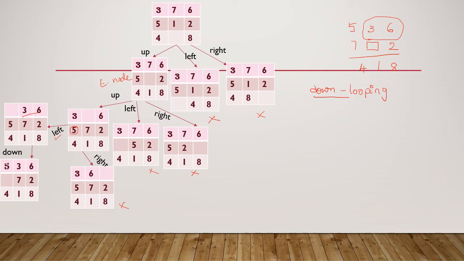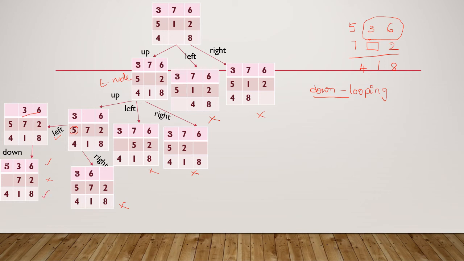Now let us once again compare this with the goal state. In the goal state, the first row is 5, 3, 6. Yes, it is matching. The second row is 7 in the first place, followed by an empty slot, followed by a 2. So this is not matching. This should be solved further. The third row is matching. Okay, fine.